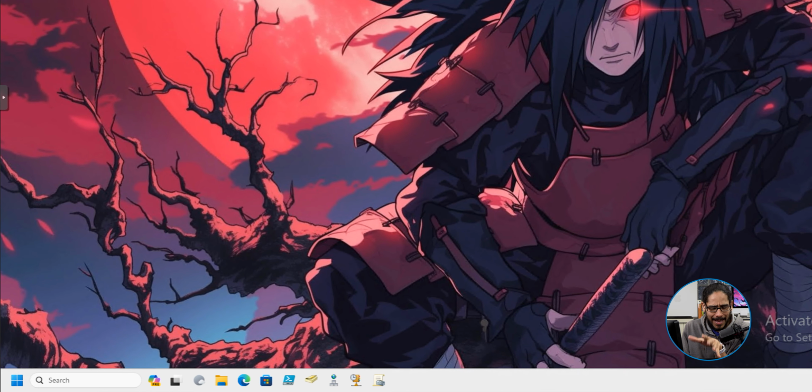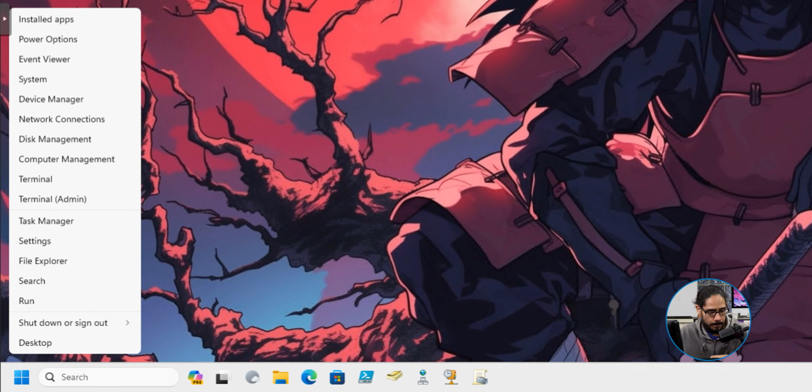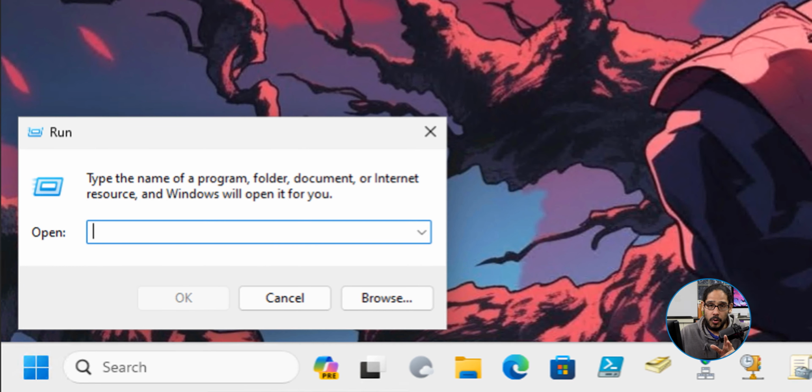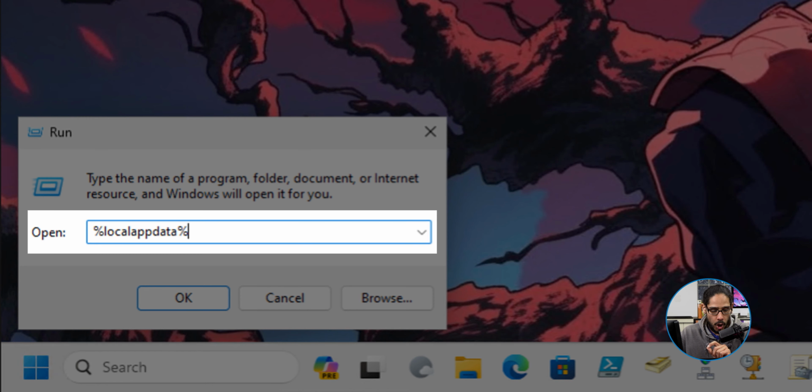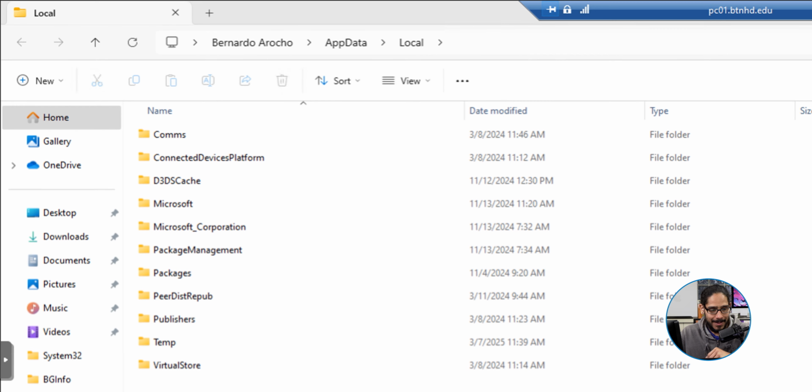So we're going to close this up, and on the desktop, because this is my reference machine, and you could use any other machine, but for this machine, I already have the start menu the way that I like it. So we need to grab the start2.bin file. That particular file is where all the customizations that we just did with the start menu are held. We need to get a copy of that. So we are going to right click on the start menu. We're going to select Run. We are going to enter the following: %localappdata%. Just hit enter or just click OK, and it's going to take you here.